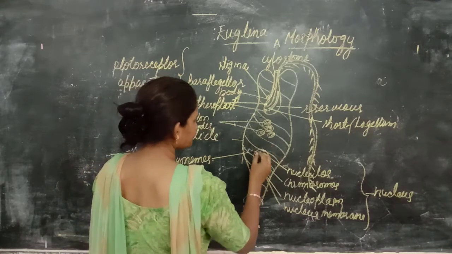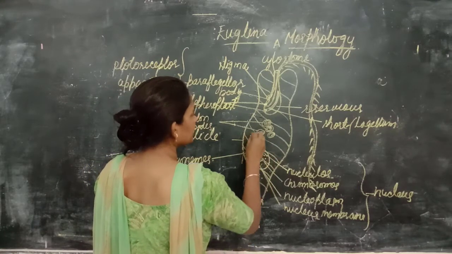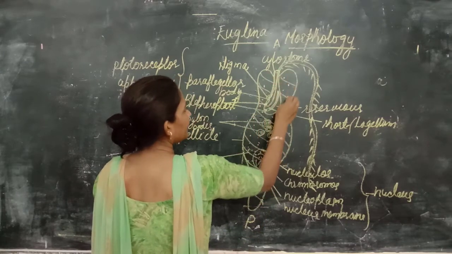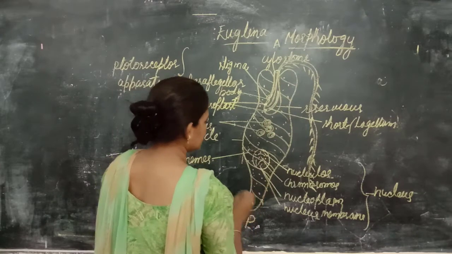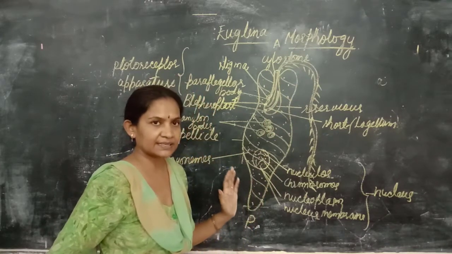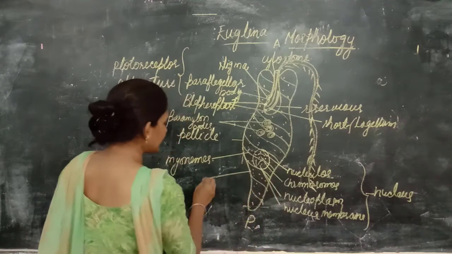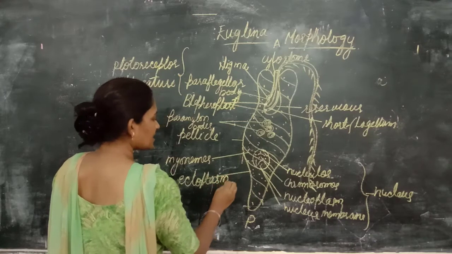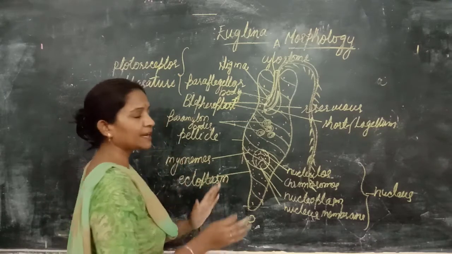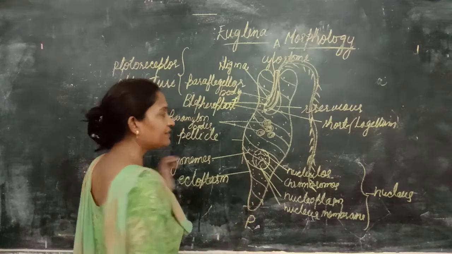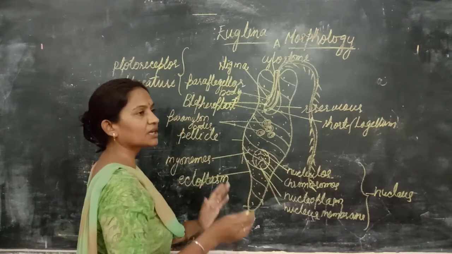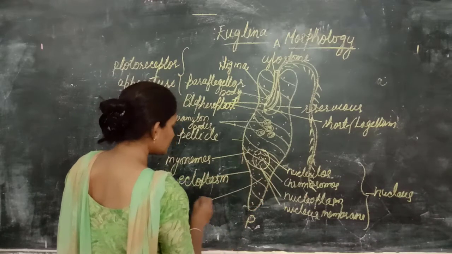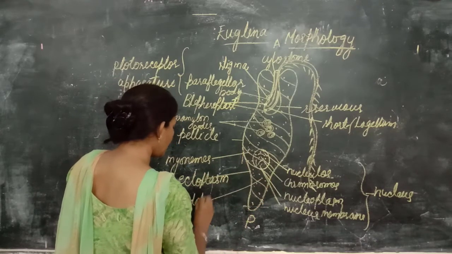Now we see the cytoplasm in the animal, and this cytoplasm is again divided into two portions. The outer one is very dense and clear, which is known as ectoplasm, so that it gives the firm shape to the animal, and this ectoplasm surrounds the inner fluid, jelly-like substance, which is known as the endoplasm.